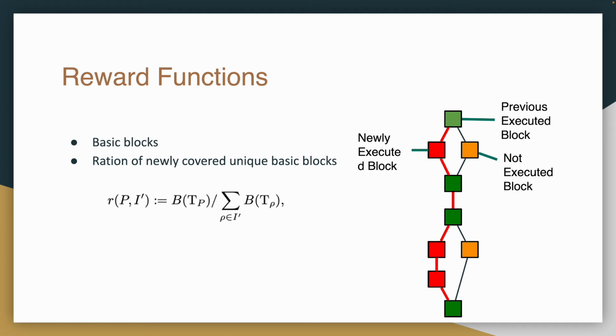Specifically, we define such a reward function based on the ratio of unique basic blocks covered by a certain fuzzed seed program at step T to the entire unique basic blocks of its mutated test suites I prime along the episode. So the more new unique basic blocks the seed program covers, the more rewards the environment will provide it.